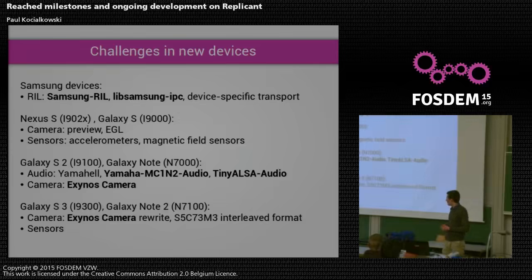And the back camera was very interesting, the S5C73M3, because it has a very unusual interleaved format. Because if you look at the propaganda, the marketing stuff for the Galaxy S3, you'll see that on that device you can actually record a video and take photos at the same time. So that implies that the data that we get is both a preview frame that is used for recording and a very high quality frame on demand.